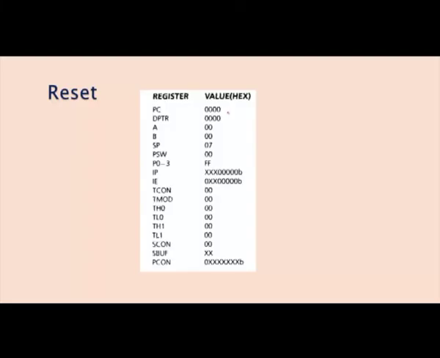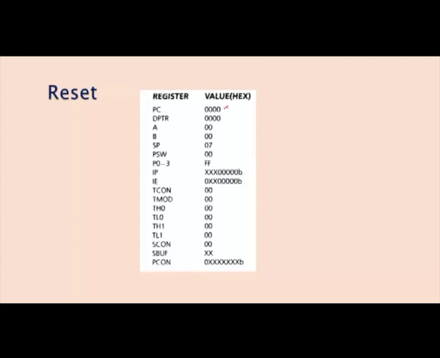Reset is also one of the interrupts, which will clear. Once you press the reset, it internally clears all the registers. Which registers are cleared? First the program counter. It is like erasing the board before taking a new topic: before starting a new program you press the reset button, which will clear the program. After typing the program you also reset, and only then give the starting address of the program to execute. So, during that time, the functions performed within the controller are: the program counter is cleared,